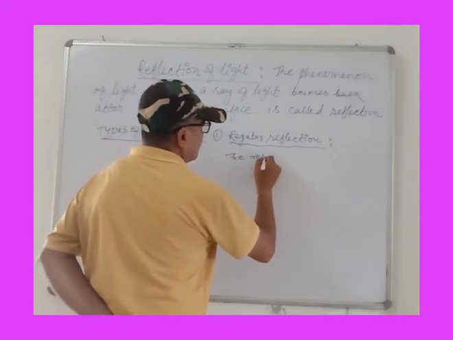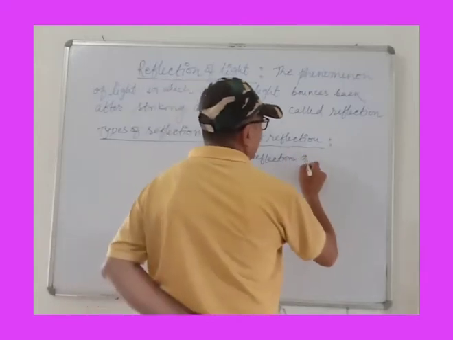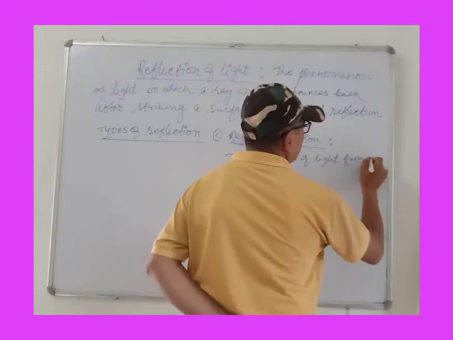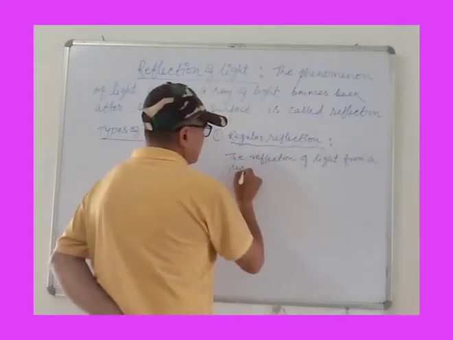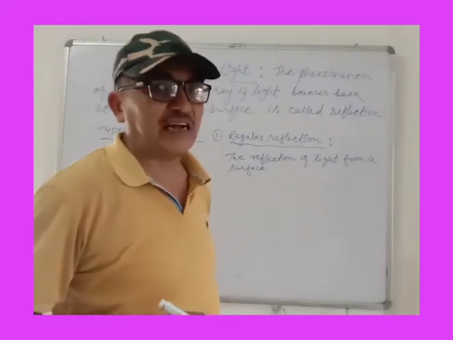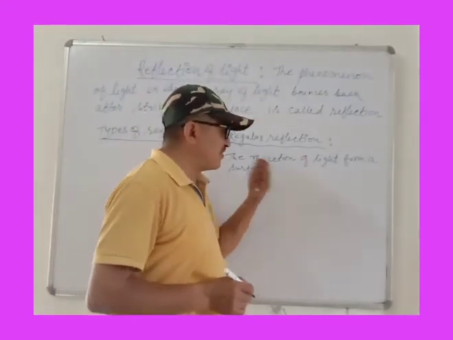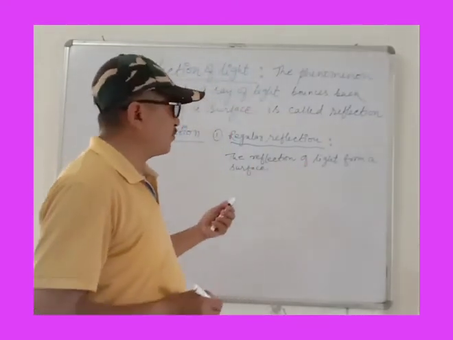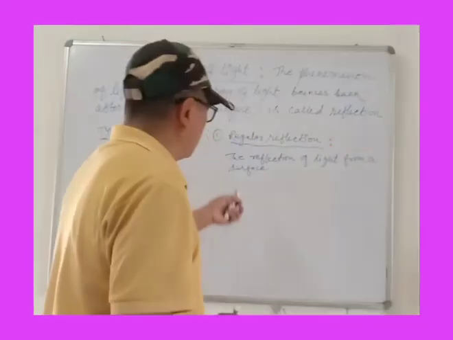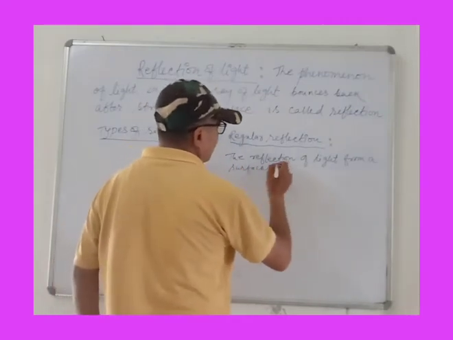The reflection of light from a surface. Wherever the light reflects from, that surface is called the reflecting surface. Whether it is a plain mirror or an opaque wall, the reflection of light from a surface